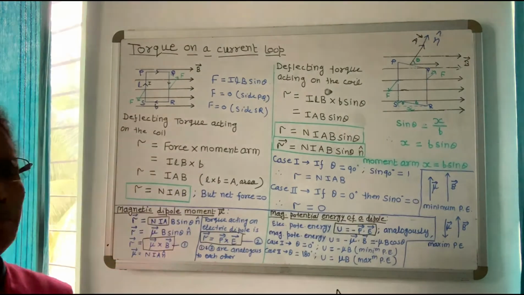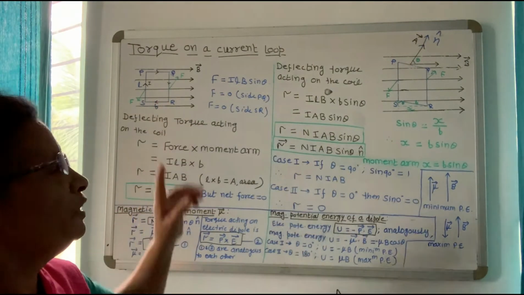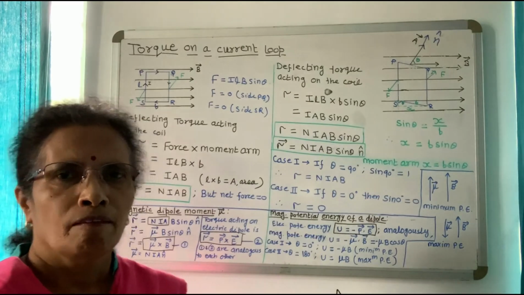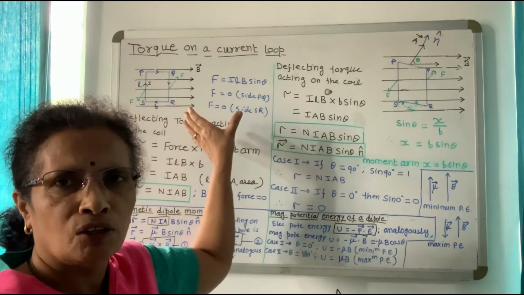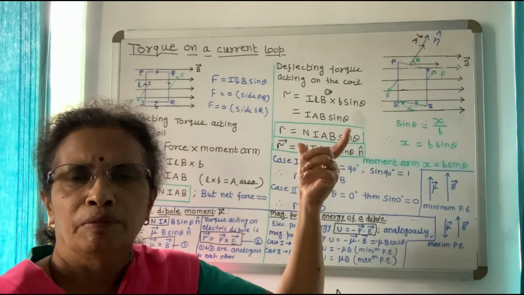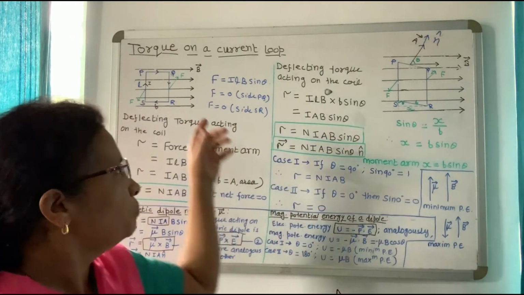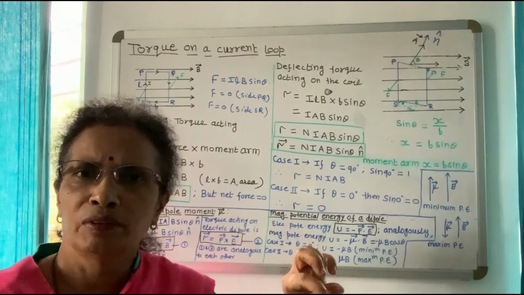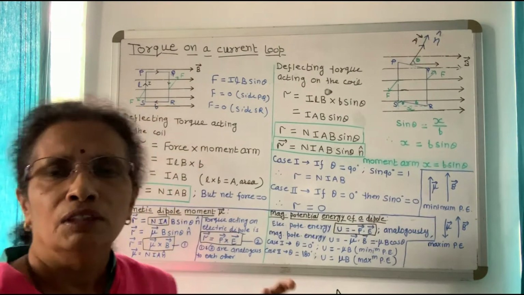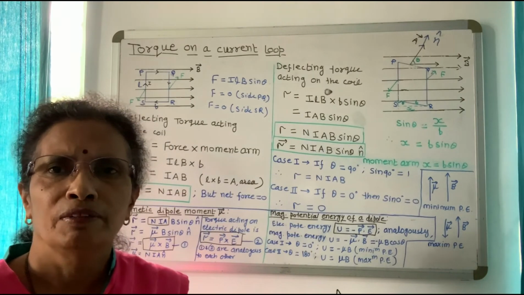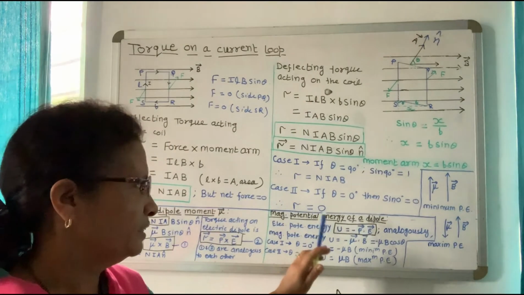Similarly, there is a magnetic potential energy when a current carrying coil is placed in a uniform magnetic field of induction B. As we know, torque acts on the coil and it gets deflected. Because of the torque, work has to be done to bring the coil to the equilibrium position. We have to perform work against this force, so this work is stored in the form of magnetic potential energy.